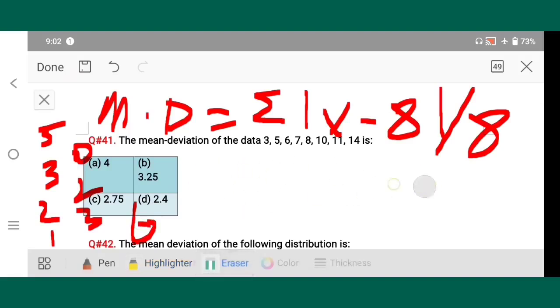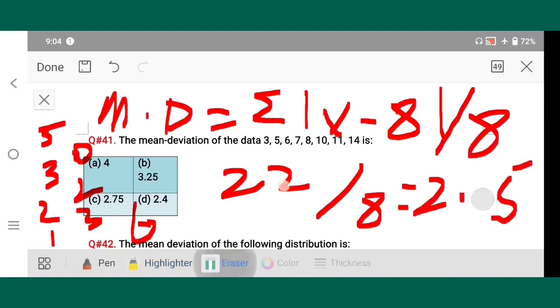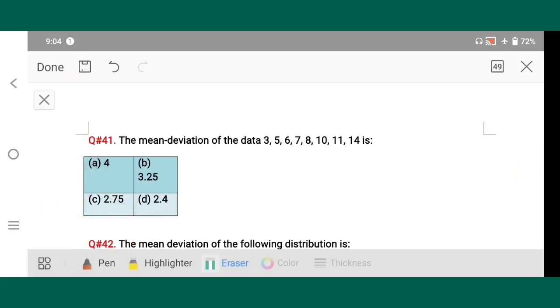So just add these values. 5 plus 3, 8, 8 plus 2, 10, 11, 11 plus 2, 13, 13 plus 3, 16, 16 plus 6, 22. So just write 22 in place of summation, this whole stuff, and divide it by 8. So it gives 2.75. So our correct option is C,